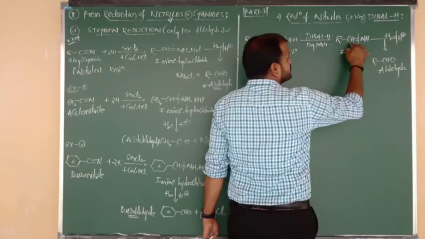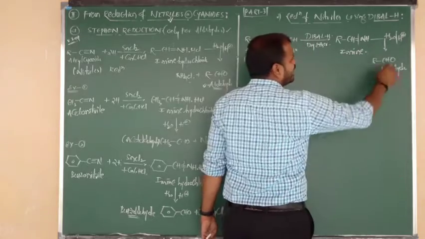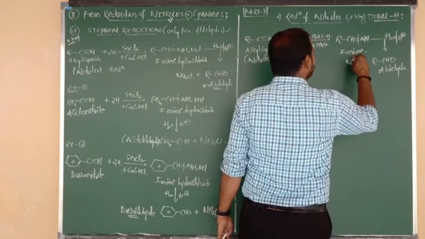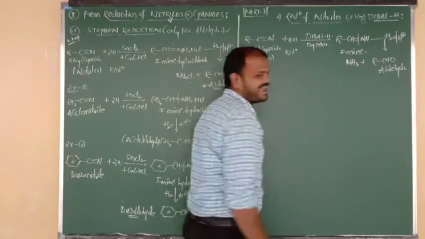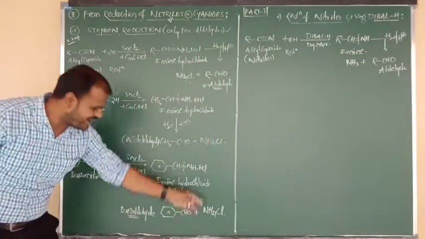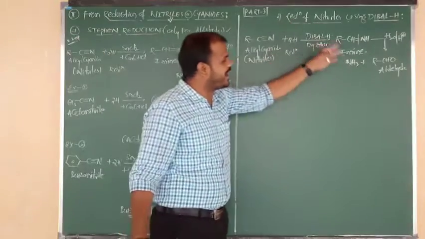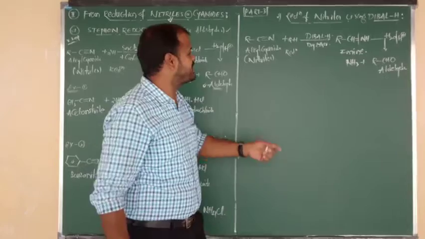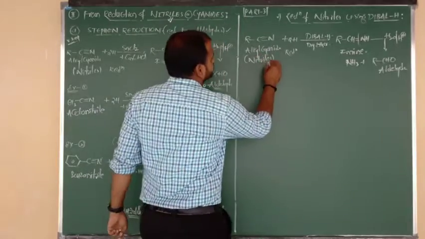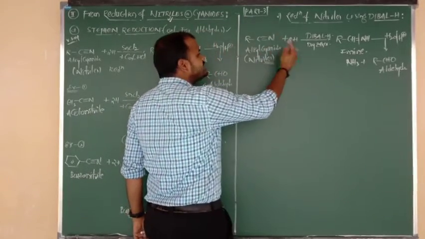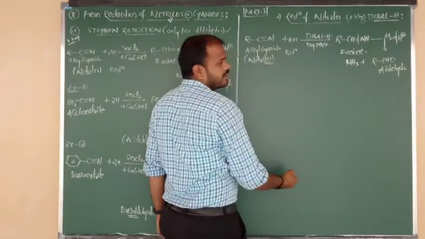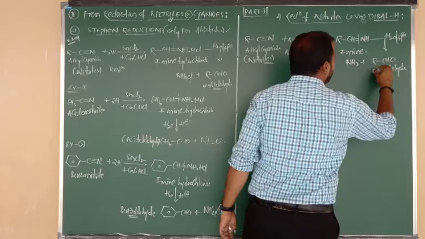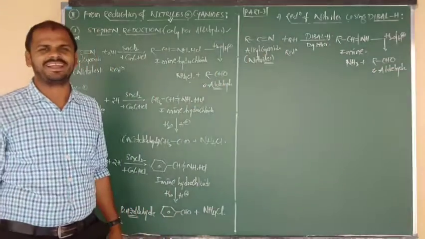Yes, oxygen given to the CH group, so it is converted into the aldehyde. Here 2 hydrogens, here 1 more hydrogen. So here the expected byproduct is nothing but ammonia. What is the byproduct in Stephen? NH4Cl. And what about here? Ammonia, because of no more HCl. Okay? Once again, nitrile on reduction with Diebol H gives imine, and followed by hydrolysis gives aldehydes. Such a simple statement you can write now.